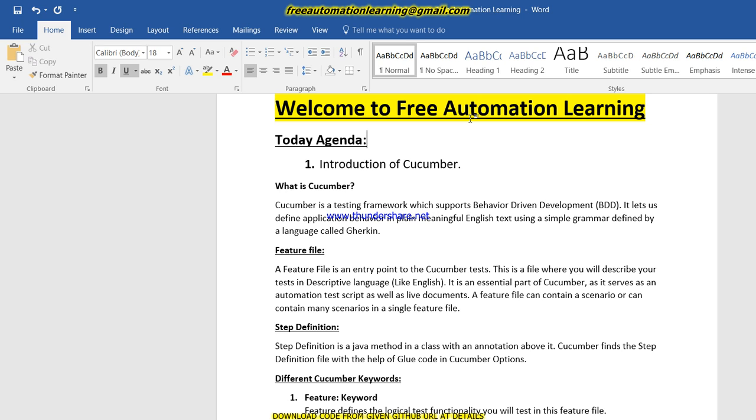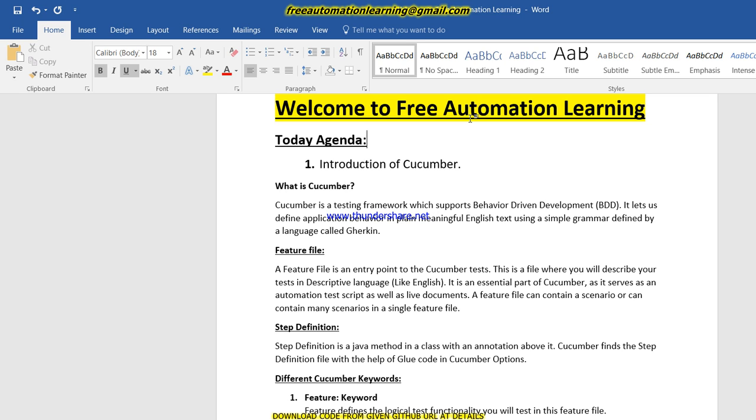As I told you, Cucumber is a testing framework which supports BDD, behavior driven development, and it lets us define the behavior in plain meaningful English. As we will discuss in BDD, by using BDD we can use a common language so that business stakeholders, developers, and testers can easily understand.